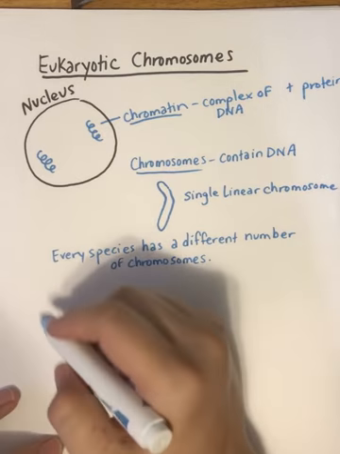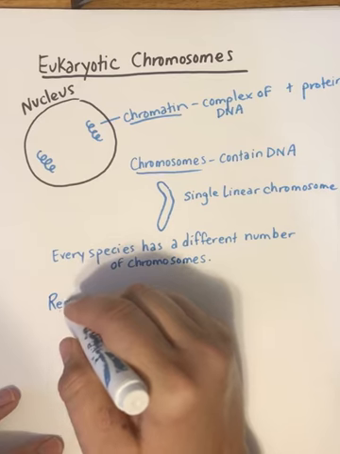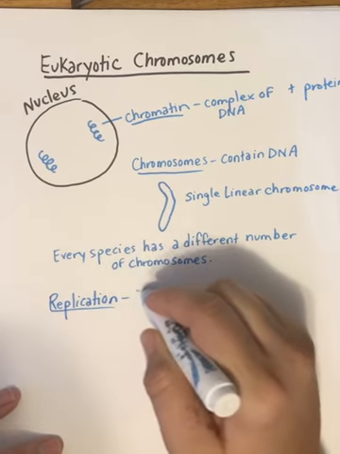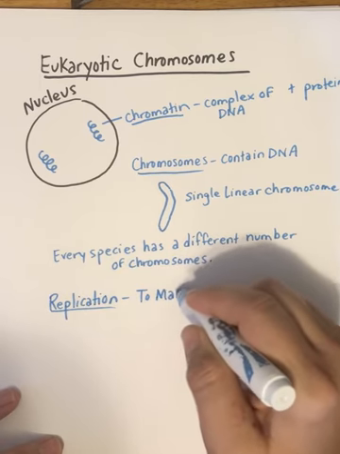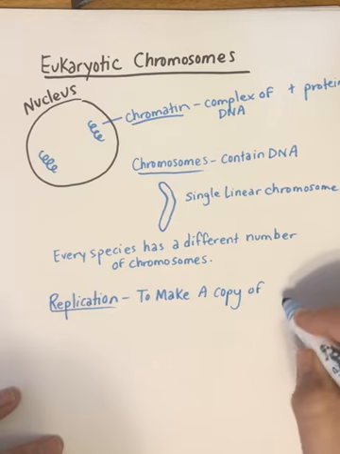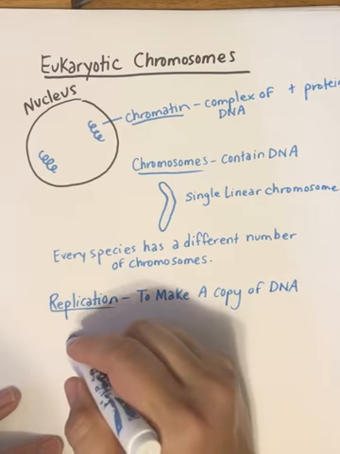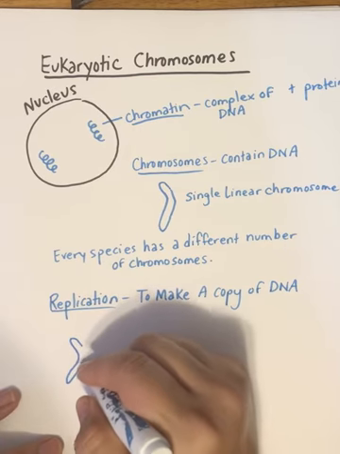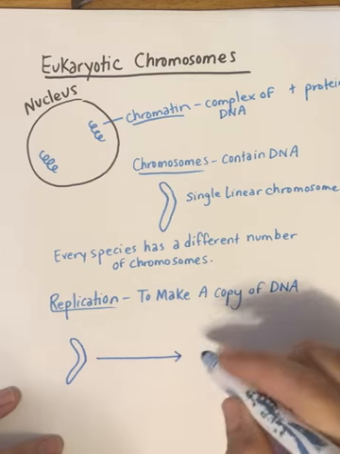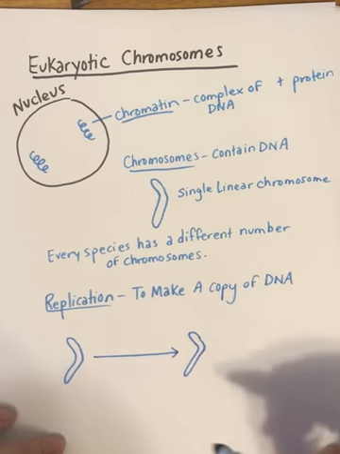So when you do DNA replication, replication is literally to make a copy of DNA, which is in your chromosome. So what happens is your chromosome has to make a copy. Now, when your chromosome makes a copy, there's going to be two chromosomes